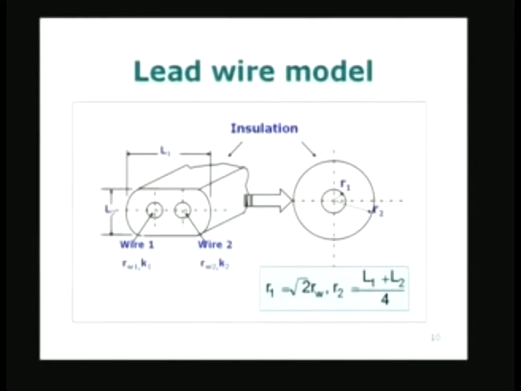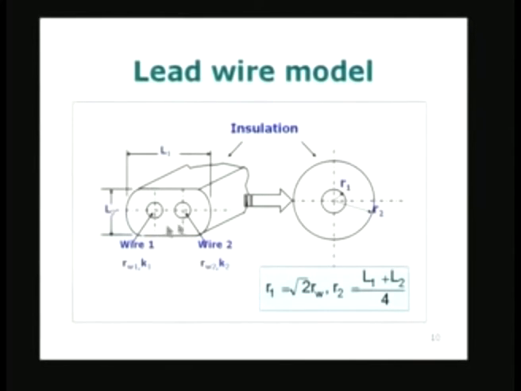We will try to explain this physically in this lecture, and then we will continue in the next lecture from there onwards. So, the lead wire model tries to look at this complicated thing here: a thermocouple consisting of two wires. Wire number 1, for example, it may be K type, in which case it may be chromel wire, and this may be alumel wire, or it may be a T type thermocouple. So, you know what the two materials are for the corresponding one. So, this may be copper and this may be constantan, for example.